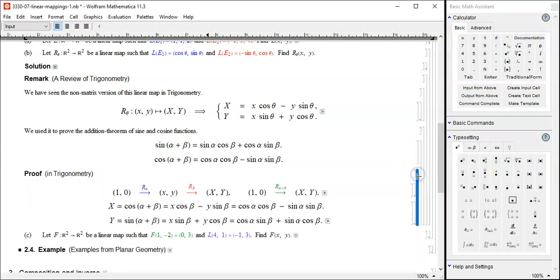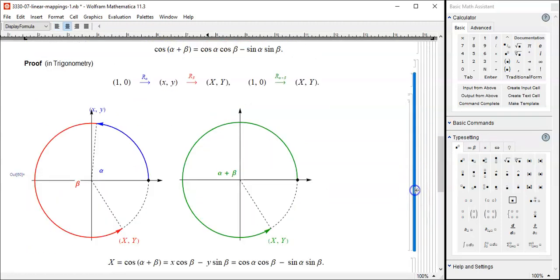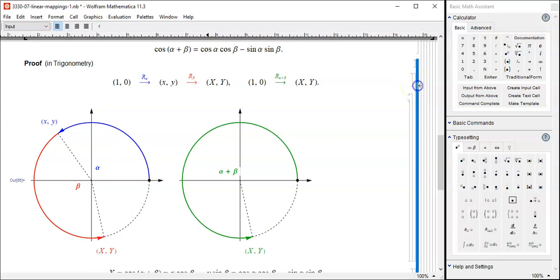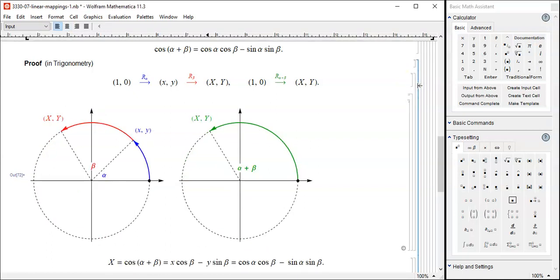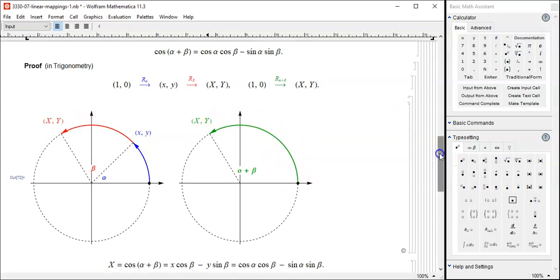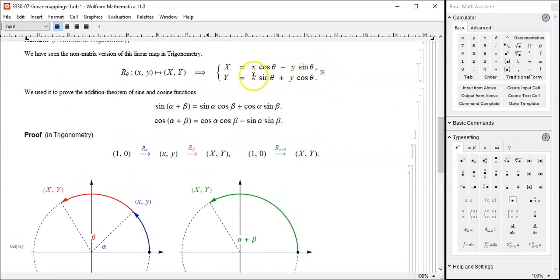And we used to do these kinds of things. Let's run it again. Okay, that looks a little bit better. So if you have rotation by alpha first and then rotation by beta later, versus rotation by alpha plus beta directly, and each time you are doing this linear map,